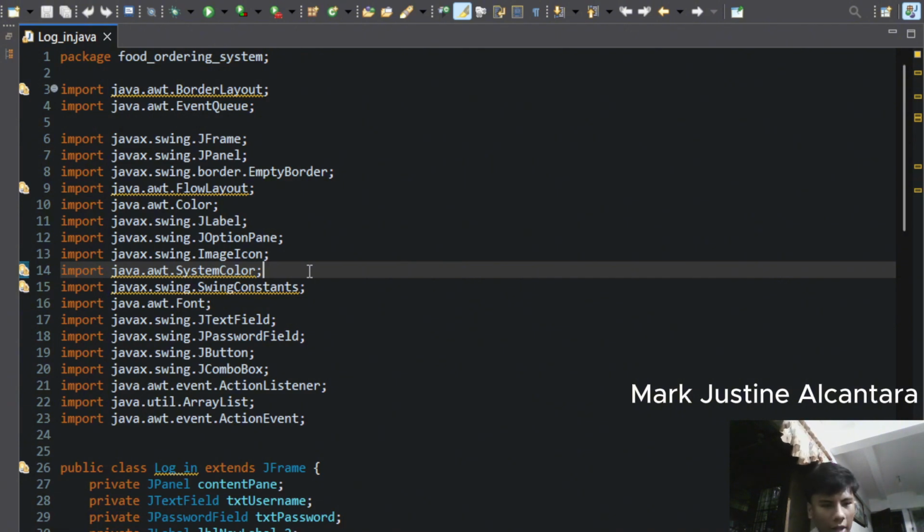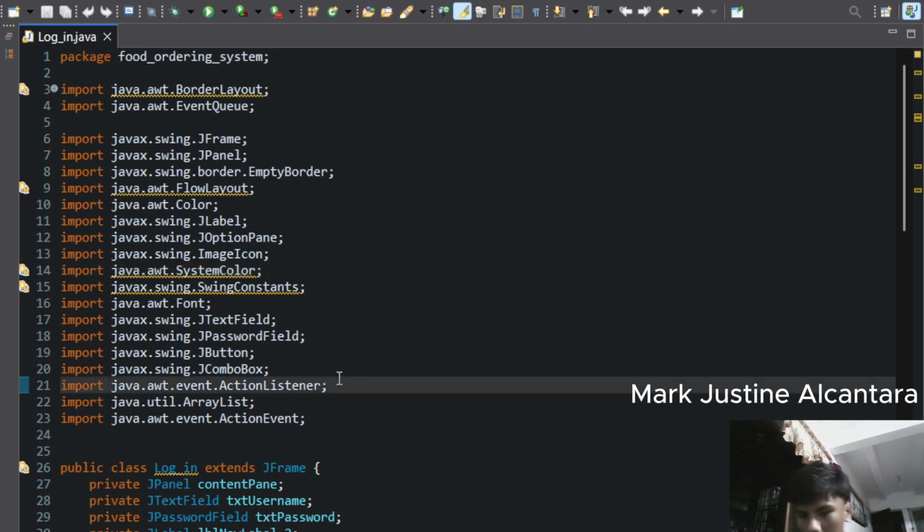From line 17 to 21, we grab the widgets, the JFrame, JButton, you name it. Finally, from line 22 to 23, we bring in the ArrayList. That's where we put all the data.